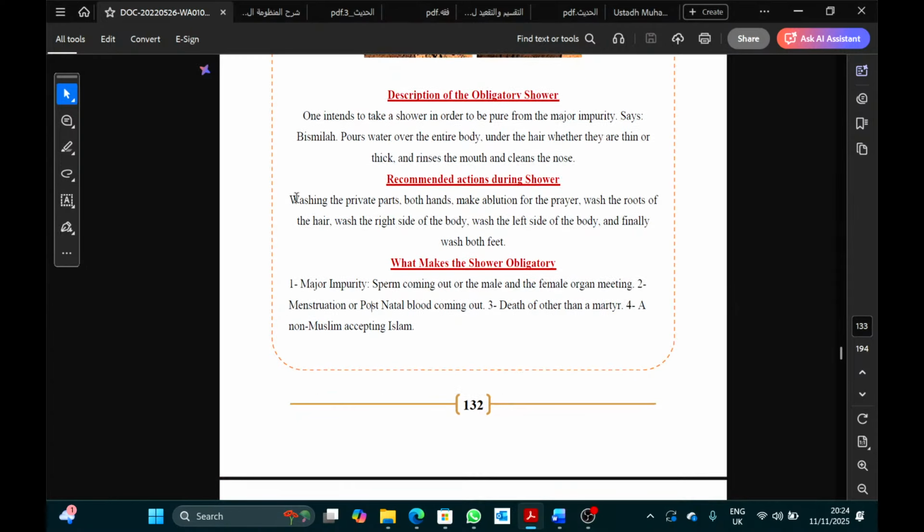As for the sunnah way, you wash your private parts first. Then you wash both your hands, and then you do wudu. Then you throw water over your head 3 times. Then you wash the right side of the body, the left side of the body, and then you wash your feet. But the feet are only washed later, at the end, if you're in a place where water gets collected, like if you're in the bath. But if you're in a place where the water goes and your feet wouldn't get dirty, then you do that. If you're in a place where it does get dirty, then you leave it and wash your feet at the end. But if you're not in a place like that, then you can wash your feet as you're doing wudu.